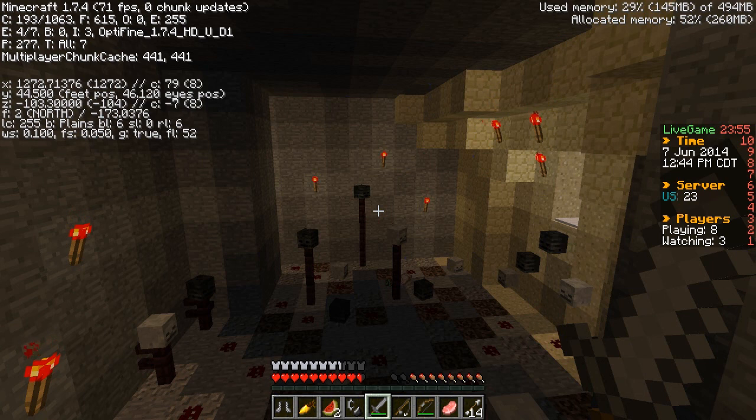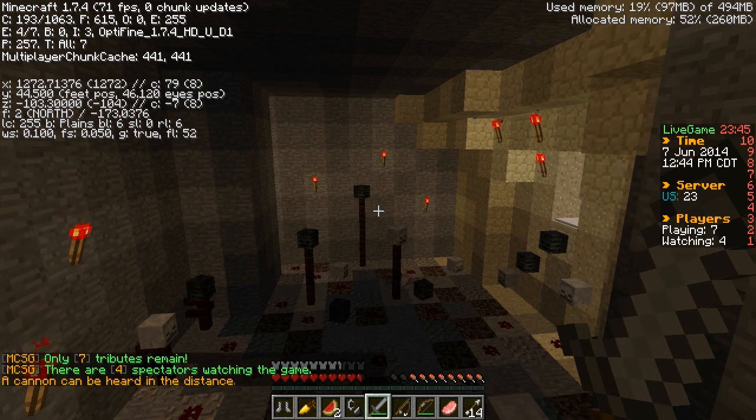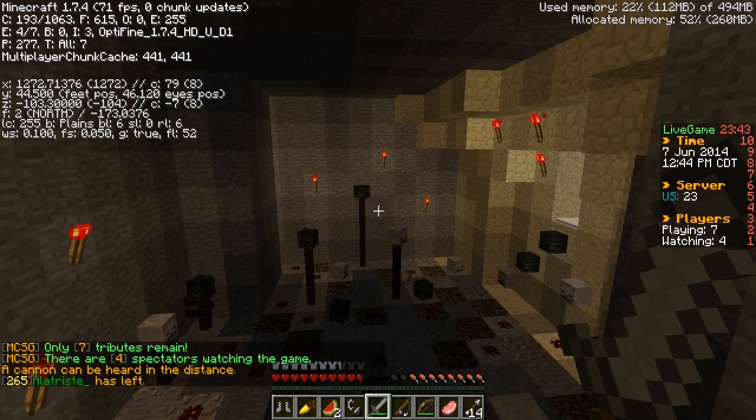I haven't tried one of them, I don't think, but from what I've heard, it's not as good as this map. So yeah guys, that's this chest route guide for Turbulence,